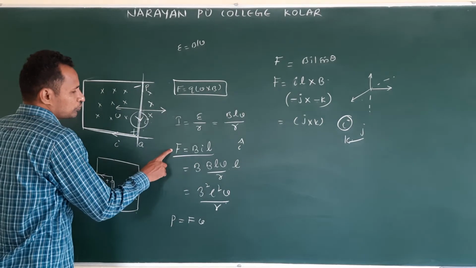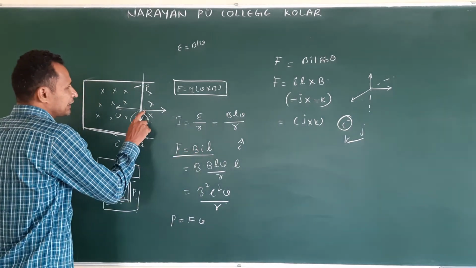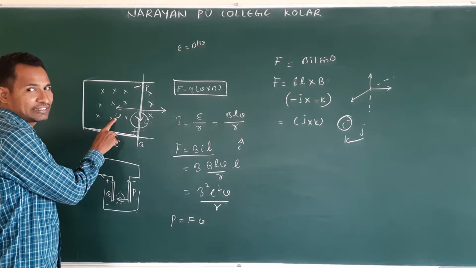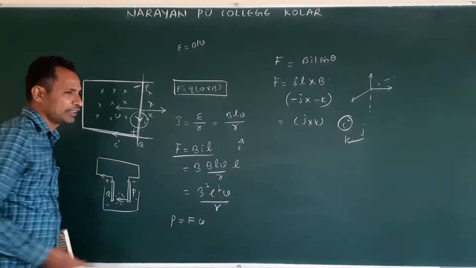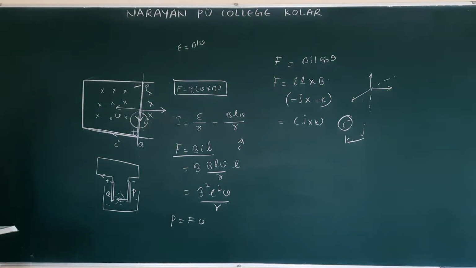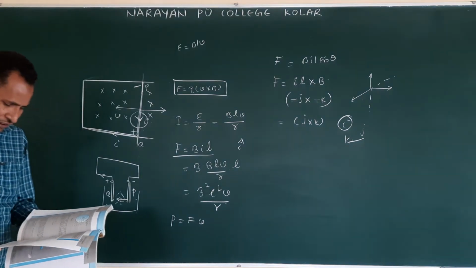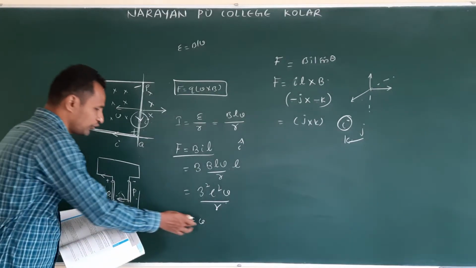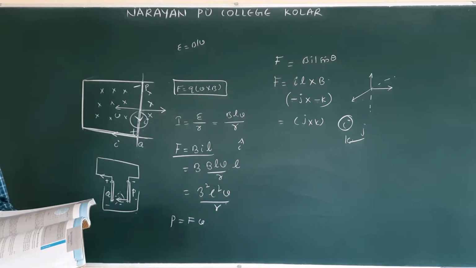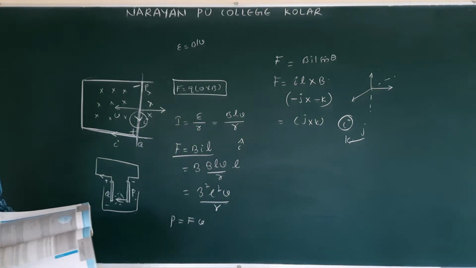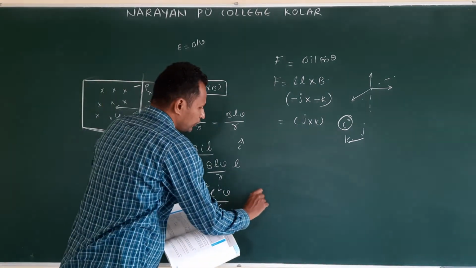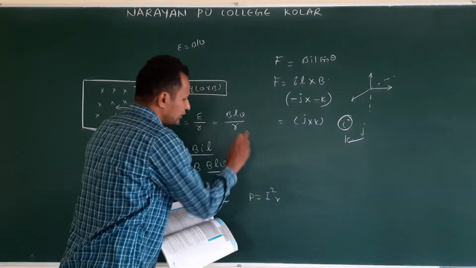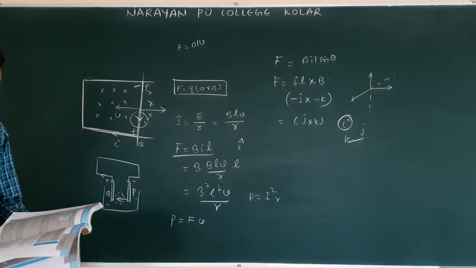This force is BIL. It acts opposite to the velocity. Understand? The remaining equations are common; we already saw them in yesterday's class. Power dissipation is also given: P is equal to I square R. Instead of F into V, if you take I square R, you will get the answer. Clear? I is already there. Substitute this I in P is equal to I square R, and you will get the answer.